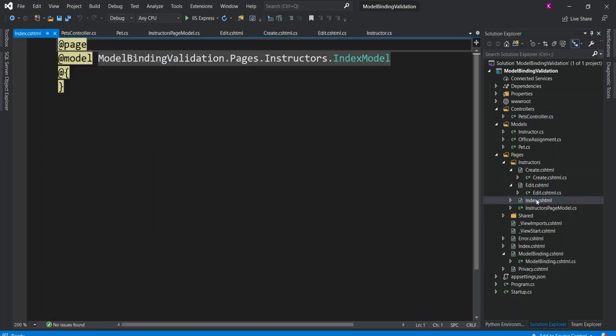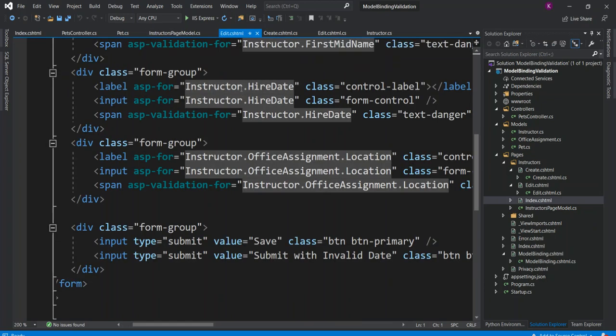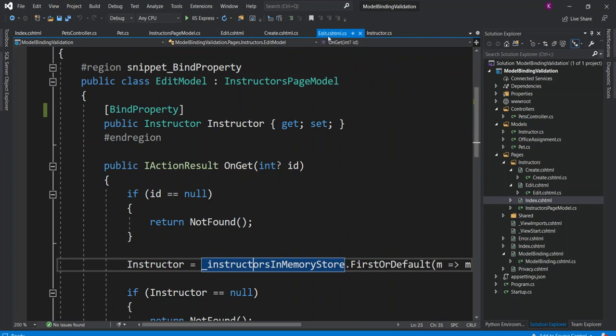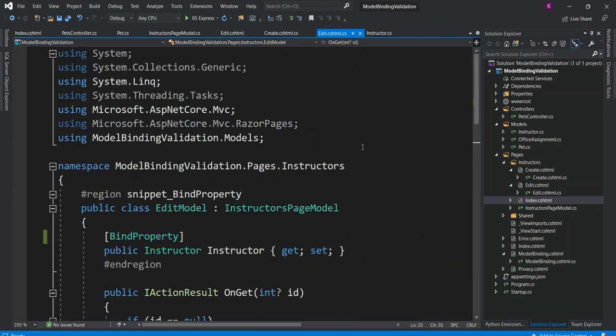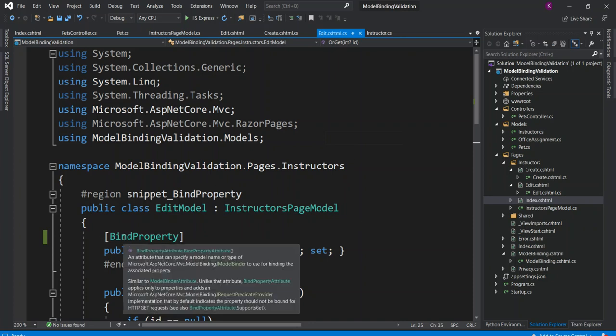Now going back to one of the open files, Edit.cshtml.cs. This is the code behind file for the Edit model class, which is derived from the InstructorsPageModel class. Here the BindProperty attribute is there. It's an attribute that can specify a model name or type of Microsoft.AspNetCore.Mvc.ModelBinding.IModelBinder to use for binding the associated property.